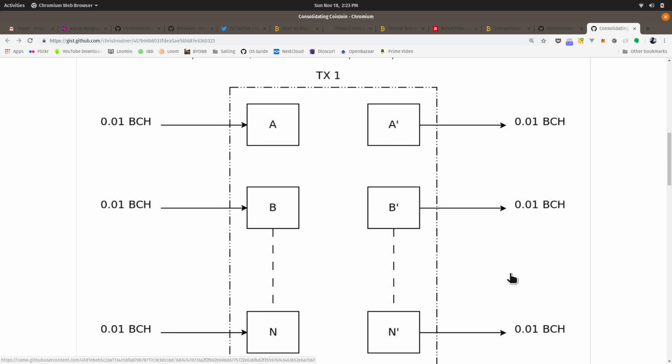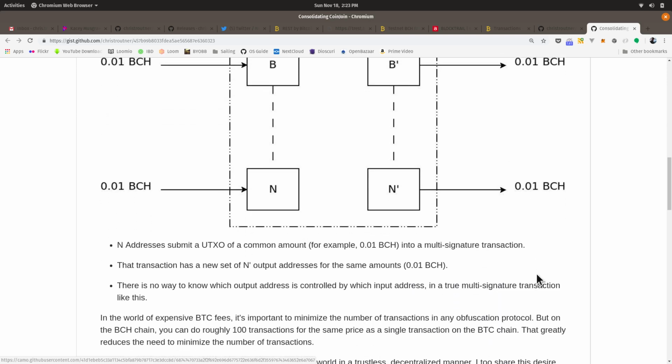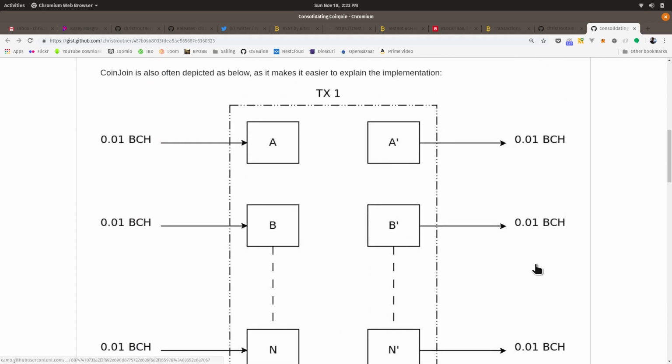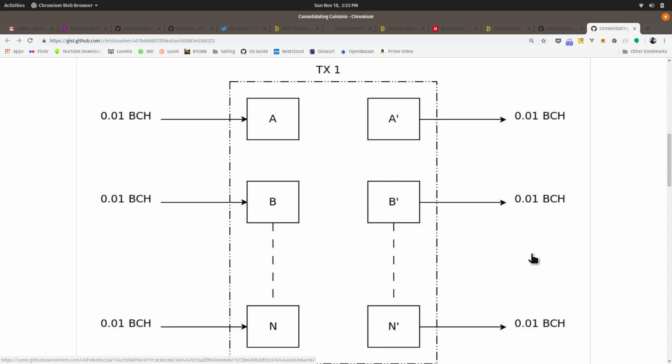And so this is the idea behind CoinJoin, and it's sort of a people-powered solution to the privacy problem. But it's really hard because you've got to get a bunch of people who are technically savvy, or at least have wallets that are technically savvy enough, to get together at the same time and coordinate and do this kind of sophisticated thing.